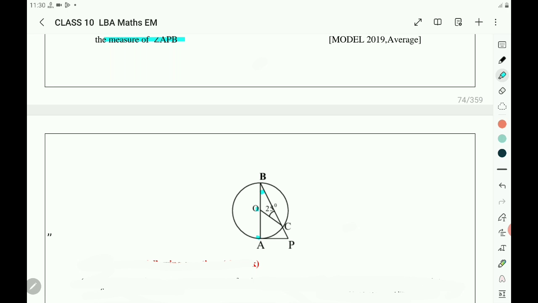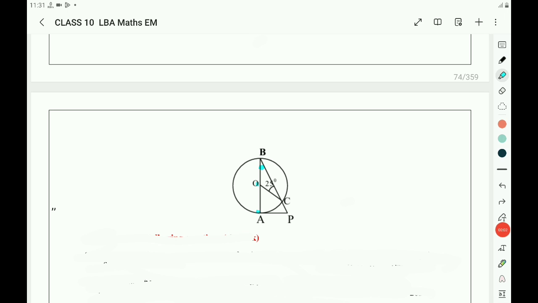Angle B is equal to 25 degrees, because OB is equal to OC, and angle OBC and angle OCB are the angles opposite to the equal sides. So they are equal. Then the measure of angle OBC, that means OBP, is equal to 25 degrees. This is 90 degrees. Angle ABP is 25 degrees. Angle BAP is 90 degrees. Then by using the angle sum property, 180 minus the sum of these two angles, you will get the measure of angle APB. So you write,